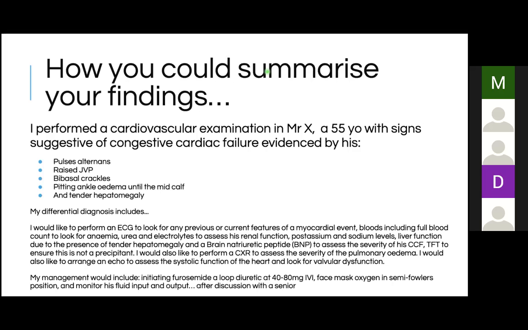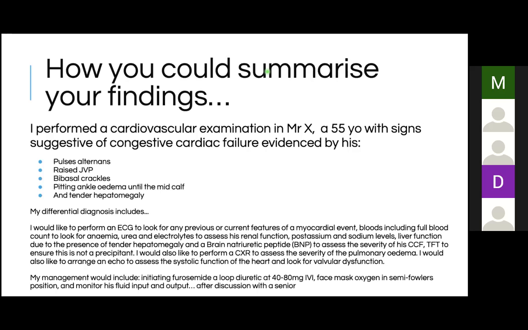And then the next part, you'd say something like, my differential diagnoses include, and just mention one or two. And then before the examiner asks you what investigations you'd like to perform, it's nice to anticipate this and say, I would like to perform an ECG, but always say why you're doing something. So I'd like to perform an ECG to look for any previous or current MIs, bloods, including a full blood count to look for anemia, which could be a precipitant for CCF,